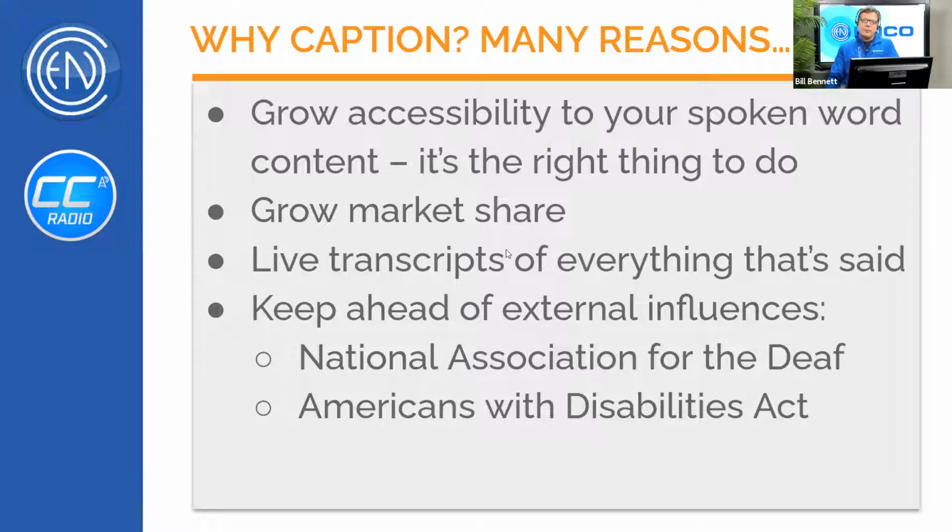So yeah, why caption for radio, right? Besides sounding crazy and insane when you go to your board and say, hey, we're going to caption radio. They're like, wait, wrong room. So most importantly, I think, honestly, personally, captioning for radio is good for those who can't hear very well or are hard of hearing. I think it's a personal opinion that it's doing the right thing, but that's usually not enough reason to do anything. You've got to have more than that.